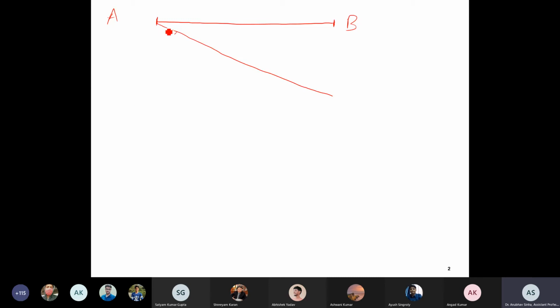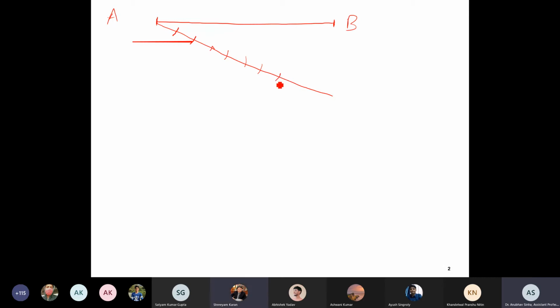So I will take a divider. I will measure this. I will mark this any length. Okay, let us say 1 centimeter. Then 1 more centimeter. Then 1 more centimeter. So like that. Let us say, so how many sections are there? 1, 2, 3, 4, 5, 6. Right? Let me say one more section.